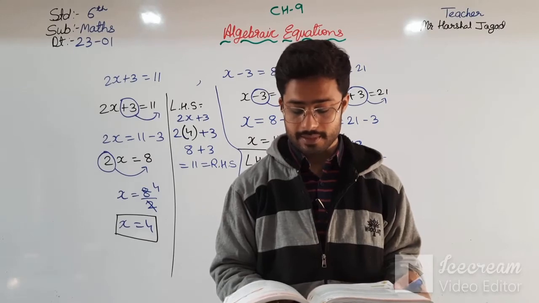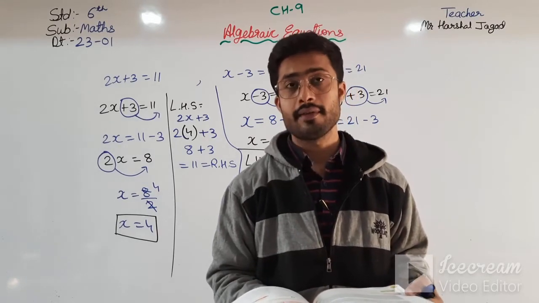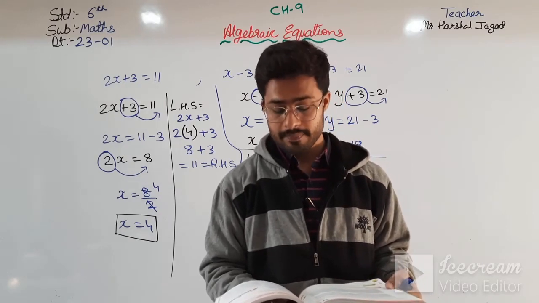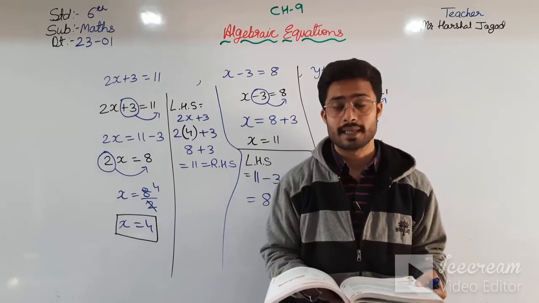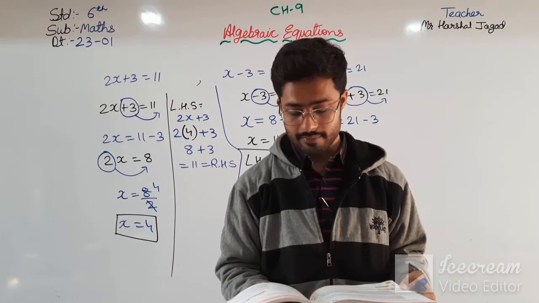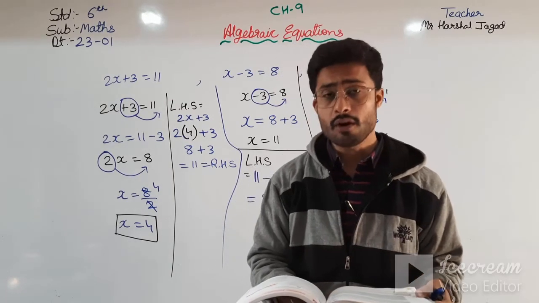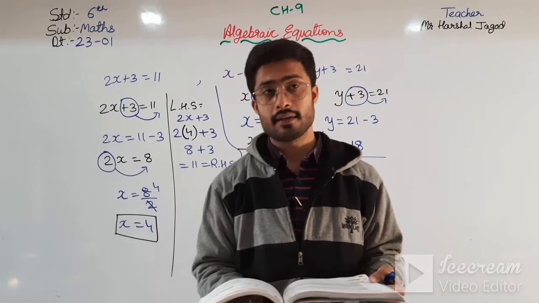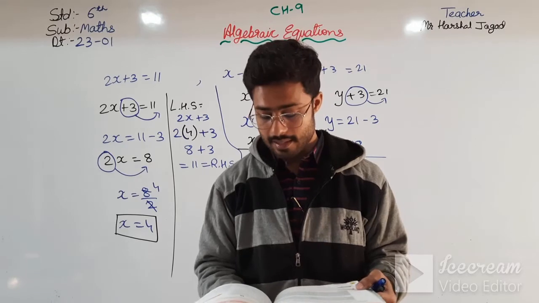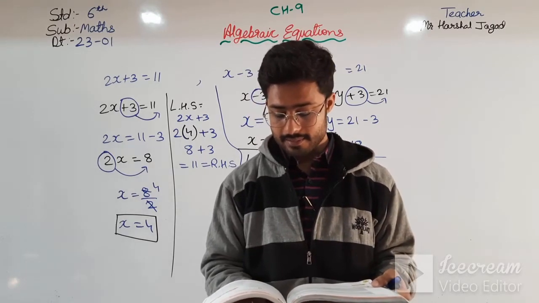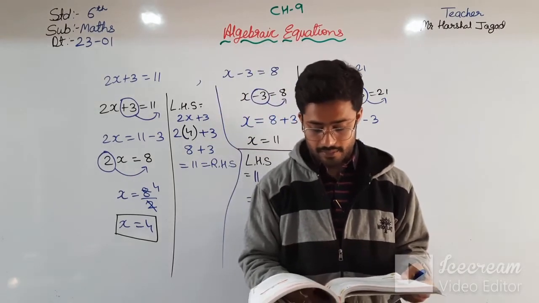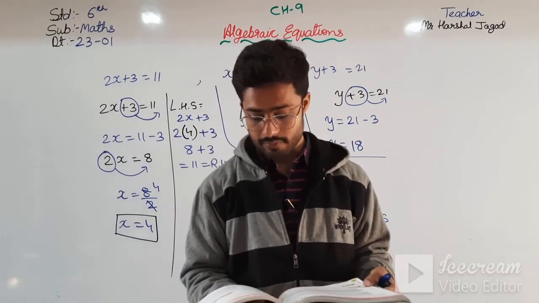Consider the following equation, 5x plus 3 is equal to 7x minus 7. So here the LHS is 5x plus 3 and the RHS is 7x minus 7. An equation is like a weighing balance having equal weights on each pan of the balance. 5x plus 3 is equal to 7x minus 7, which is LHS is equal to RHS. Then, the equation x minus 3 is equal to 8 means that when 3 is taken away from the unknown number x, we are left with 8.